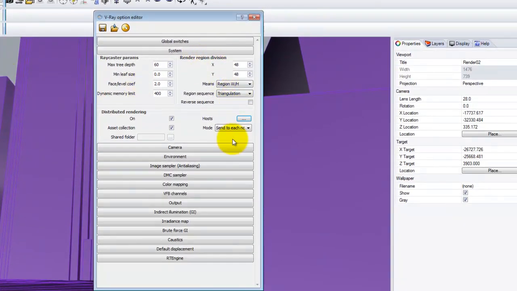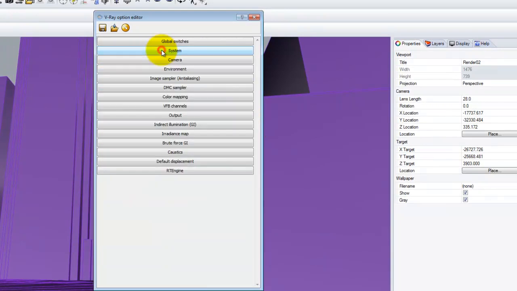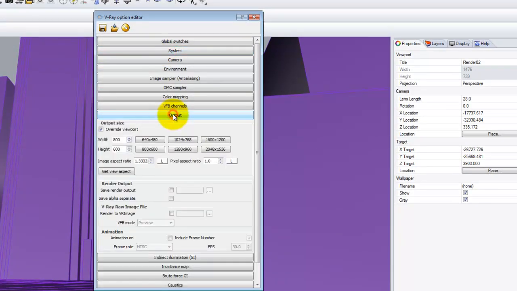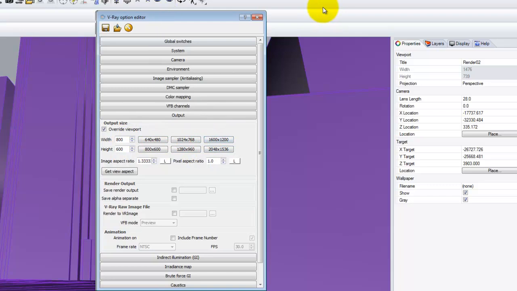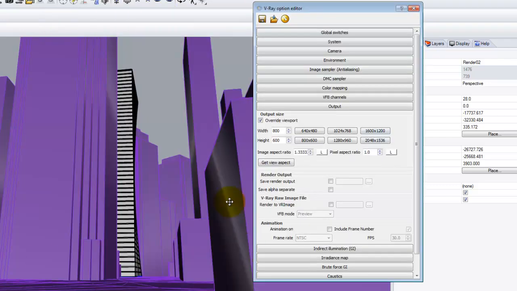Those spawners are ready. The other factor here is under output. The default width and height are 800 by 600. All of these presets don't match the actual view that you're looking at. So if you want your final rendered image to show exactly what it is on the screen, okay, in this